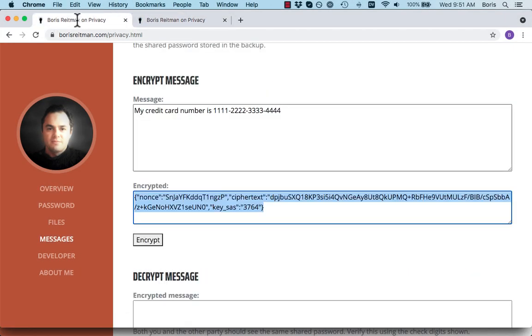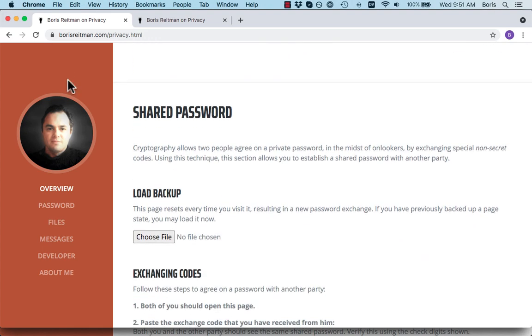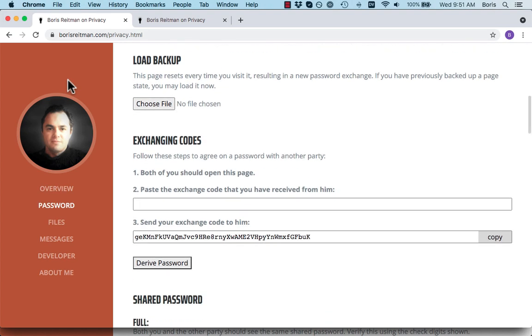One more caveat about how to use this page is related to the fact that this page actually does not store any information, and every time you refresh this page, numbers in it change. In order for the password exchange to work, the page needs to remain open, because if you refresh this page and this code changes, when you paste the code you receive from the other party, if this is now different, then the derived password will be also different. So you have two options: either keep this page open until the exchange completes fully,